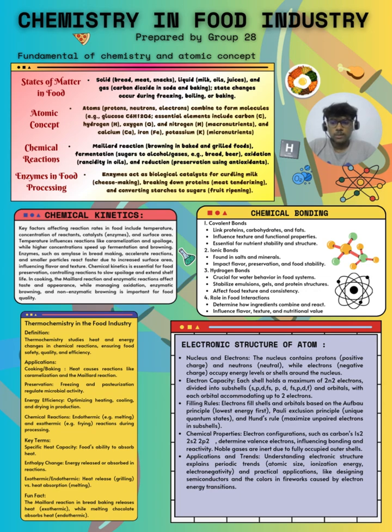Next, I'll be talking about chemical reactions. There are a few reactions: the Maillard reaction, which is browning in baked and grilled foods, while fermentation is changing sugar into alcohol, for example, bread and beer, while oxidation is rancidity in oils, and lastly is reduction, which is preservation using antioxidants. Finally, I'll be talking about enzymes in food processing, where an enzyme acts as a biological catalyst,